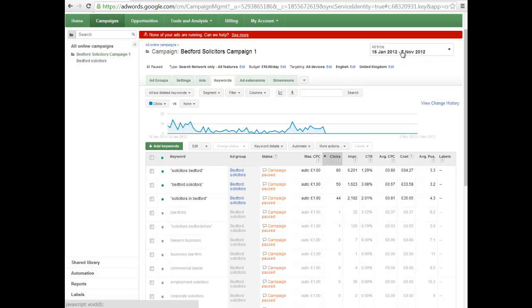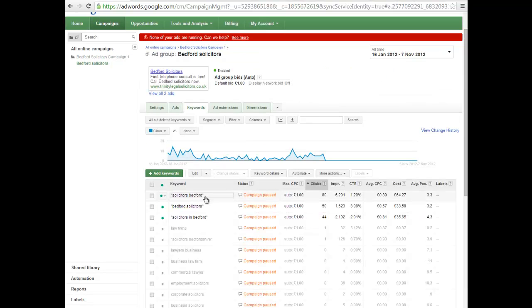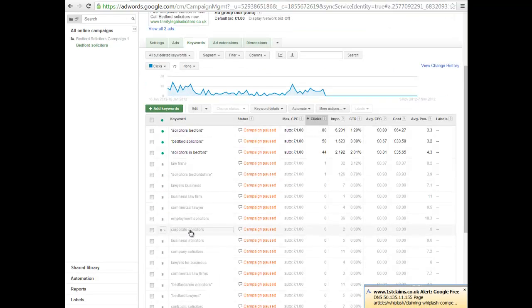I've set the date up here to look at the whole time your campaign was running. I can see there was only one ad group running for Bedford solicitors, and within that ad group it had a lot of different keywords, and it's almost impossible to make a campaign work when you've got that many different keywords within a group. What I would have done was have just solicitors Bedford and these three terms up here